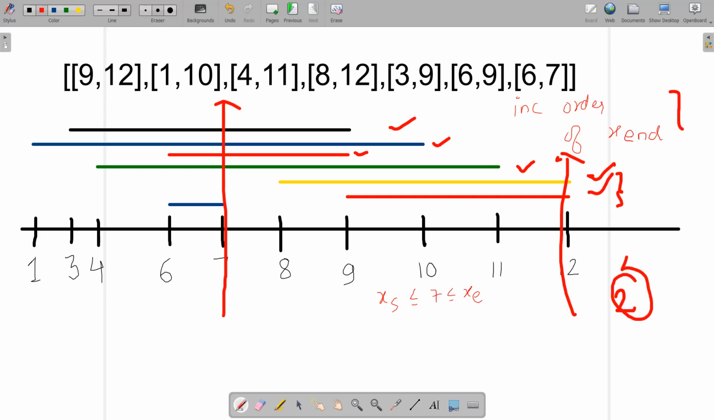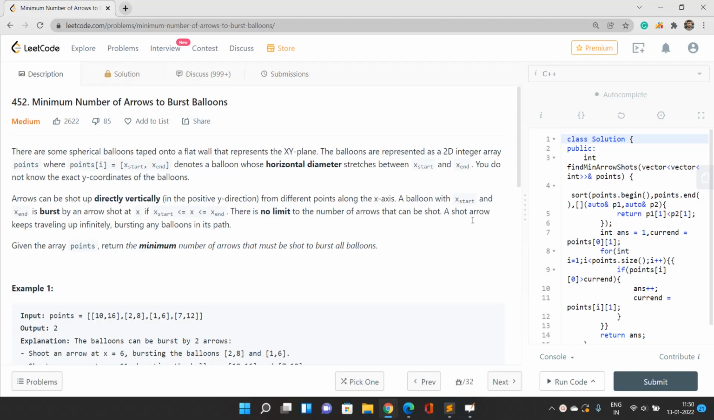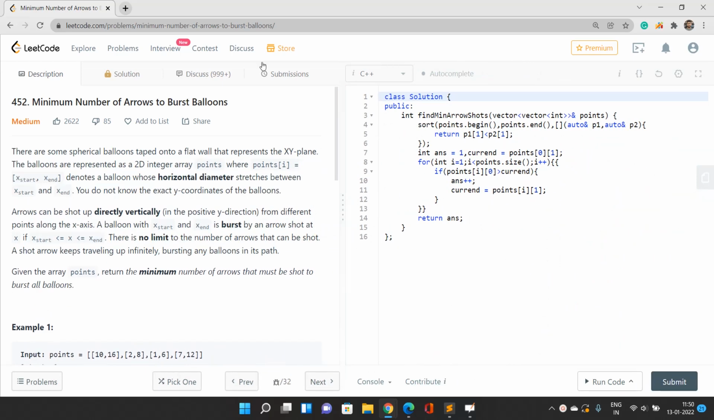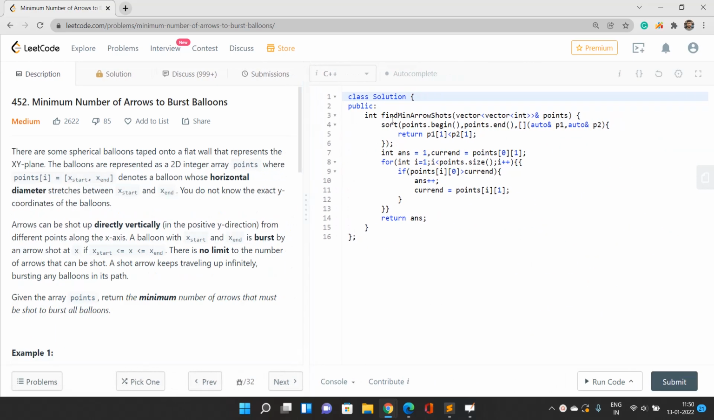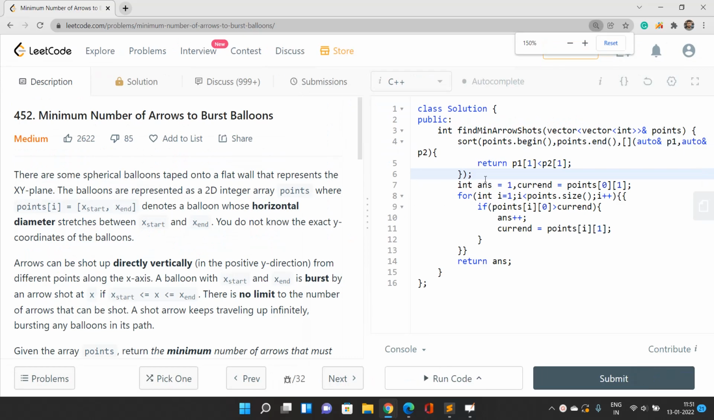So the most optimal way is to sort all the points in increasing order of x end. Okay, let's move on to the submission. You can see I've sorted all the points in increasing order of their ending position. This is the sorting part, and my initial answer is 1, and I'm bursting the arrow at this position, points of 0 1, the minimum x end for all the balloons. I will iterate over the remaining balloons,